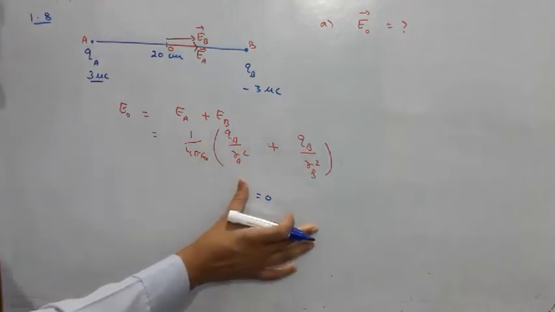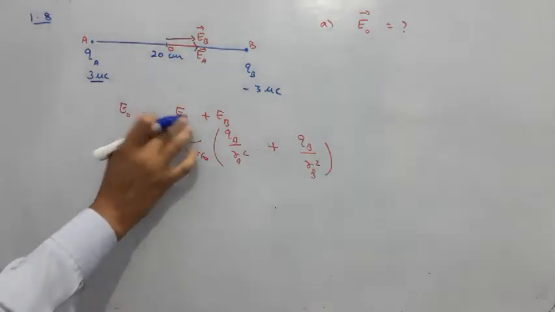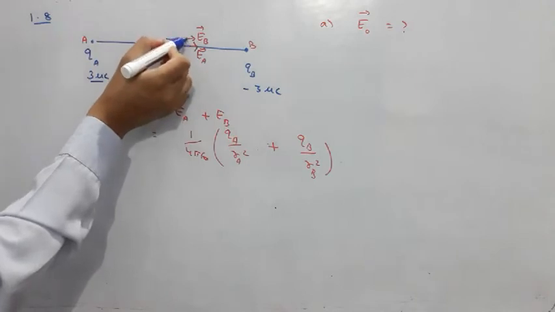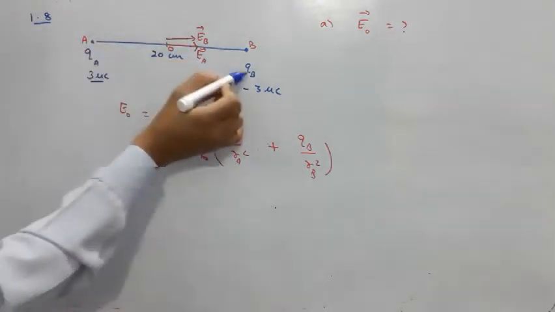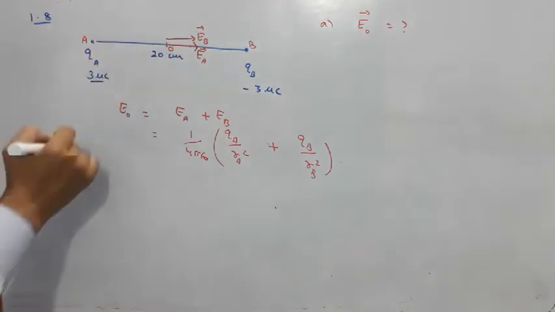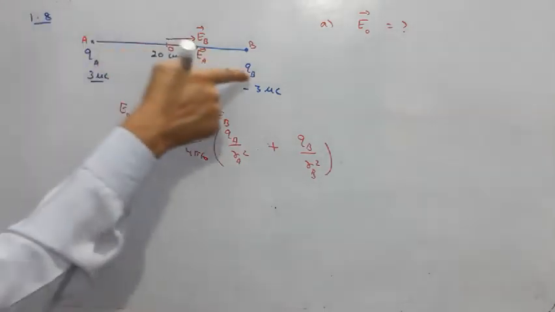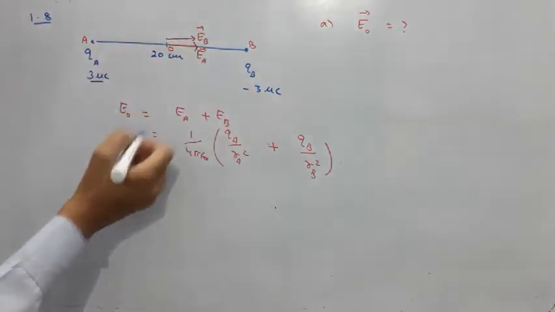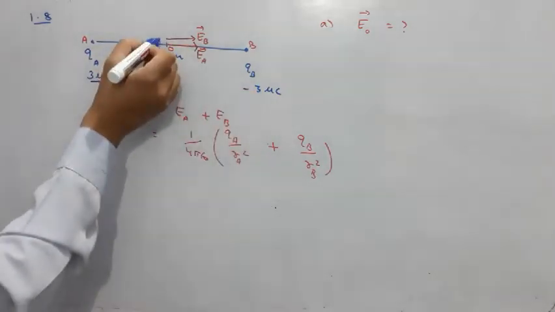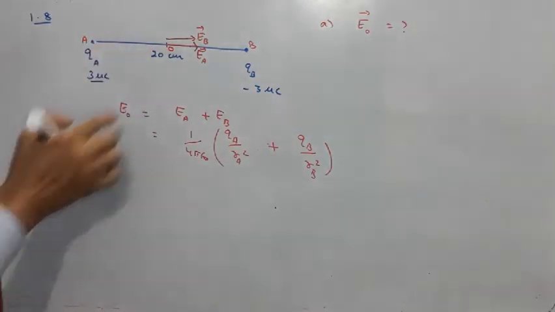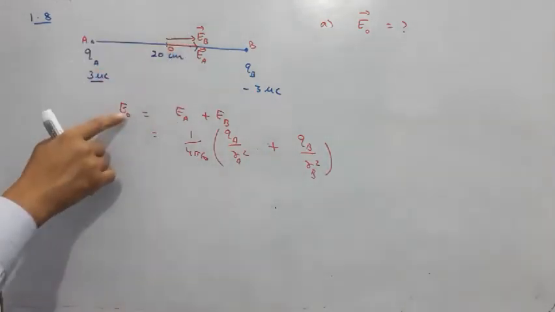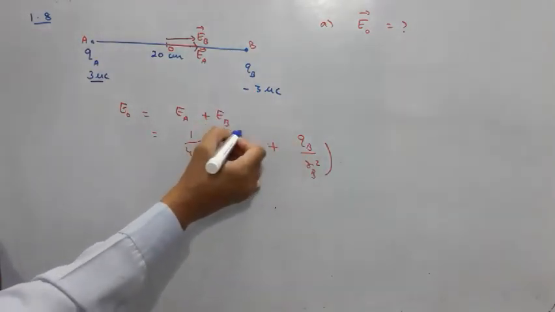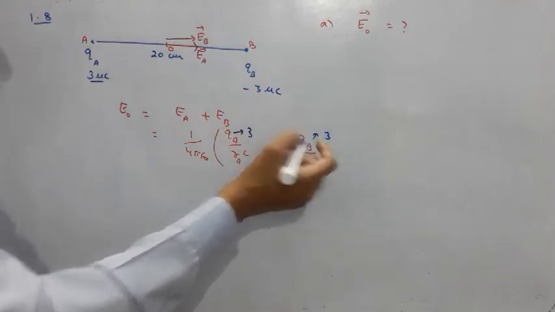What is the mistake? The mistake is that here I am writing it in the form of scalars. The vector part of the electric field I have already represented here. Because this was positive and this was negative, their directions are in the same direction, away from QA and towards QB. Because it was negative, the direction has been made like this. If it were positively charged, I would have drawn the electric field in the opposite direction. Since these directions are the same, I am writing the magnitude. So while writing magnitudes, don't put a minus sign here. So this is also 3 and this is also 3 microcoulomb.